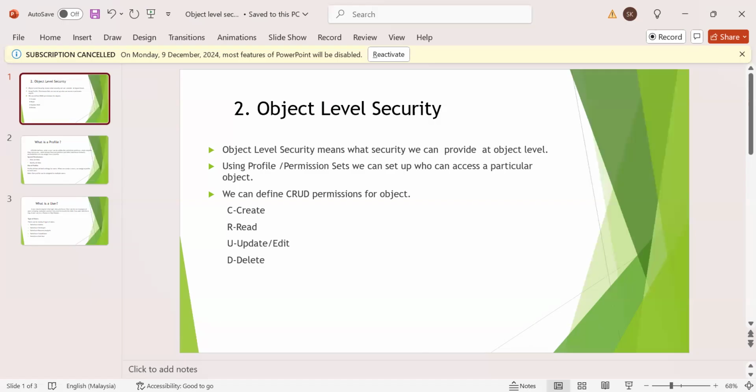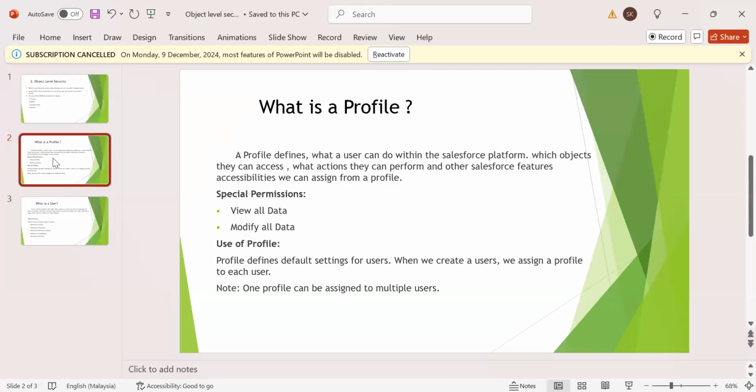To do this object level security practically, we need to know about the profile and the user. So first we need to know what a profile is and what a user is. What is a profile?